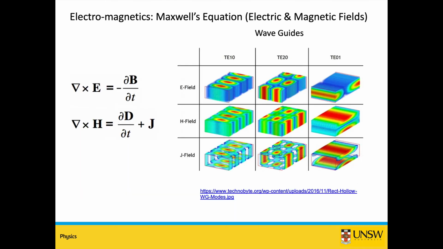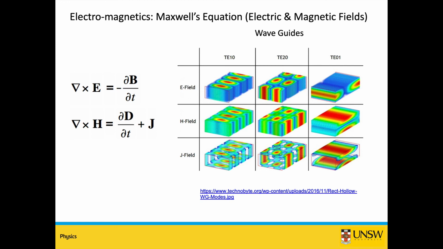So let us now go to another differential equation. You have already encountered Maxwell's equations, I assume, in your electromagnetics courses. And this tells you how the electric field and the magnetic fields change in time and space, basically. So 2 equations are shown here, one in terms of the electric field and the other one for the magnetic field.